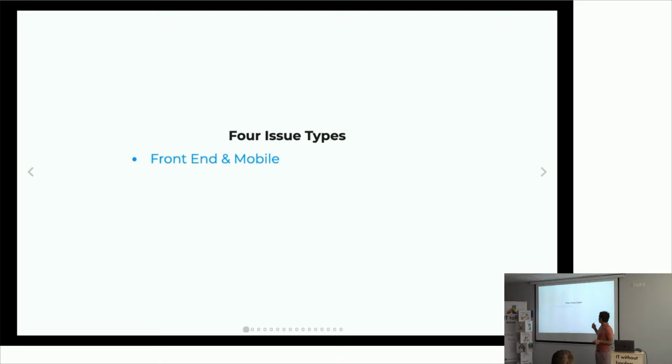So the first type is the front-end nature of React Native. Most of us are front-enders, and we like to write for mobile. React Native gives us this opportunity, but it brings the front-end way of developing. And when you bring it to mobile, you have a certain number of issues because of that.